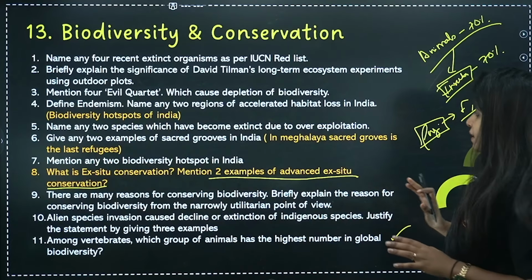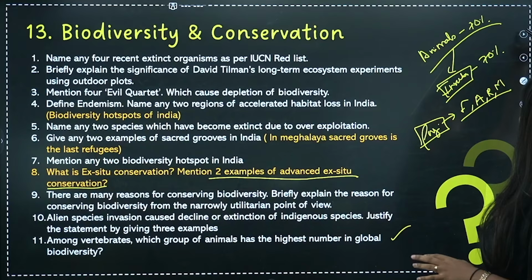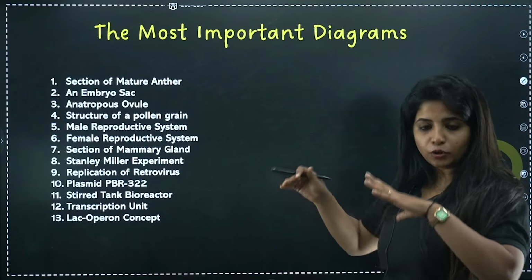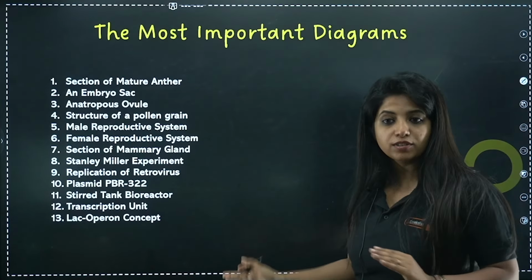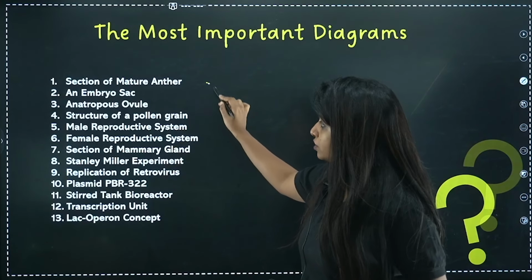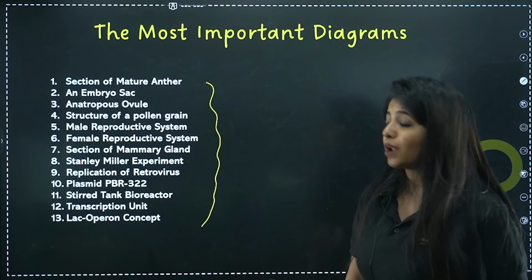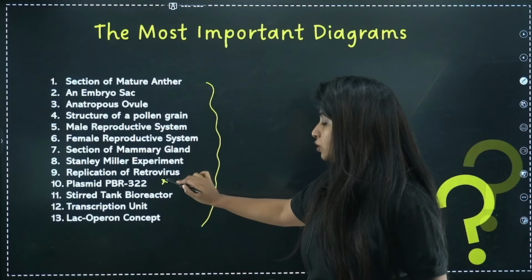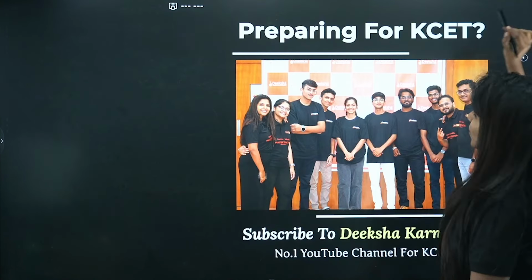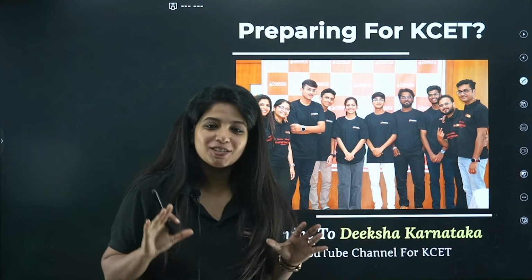Okay, fine. And these are the most important diagrams. Obviously, there are many more, but cumulatively, I'm telling you, these are the important diagrams. Apart from any questions which have been mentioned, I have shown you. These are the things that you should definitely try to practice. Really nice. Okay, pBR322 and everything. Super, super important. Cool. So that's the easiest way in which I could wrap it up.